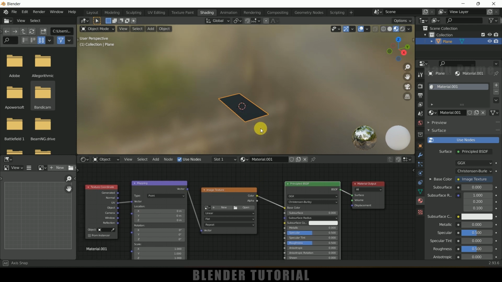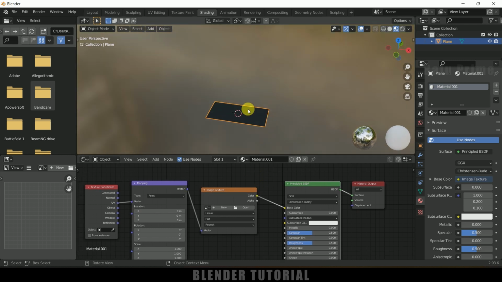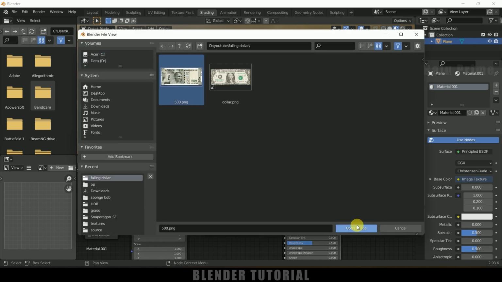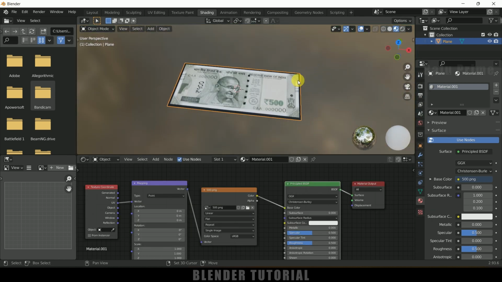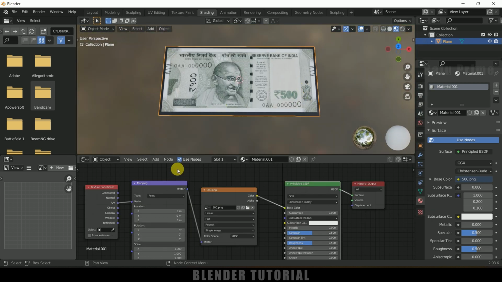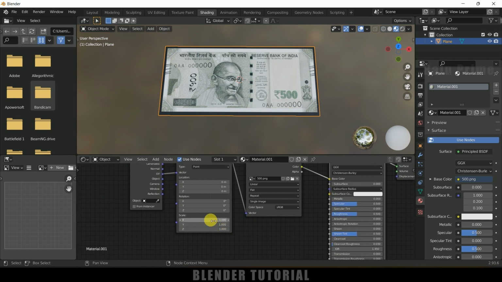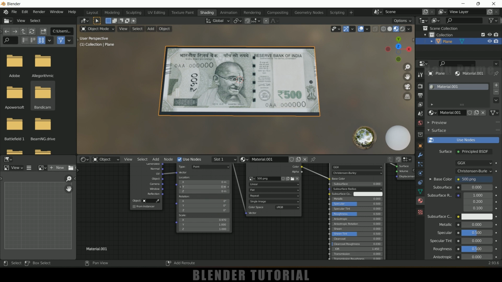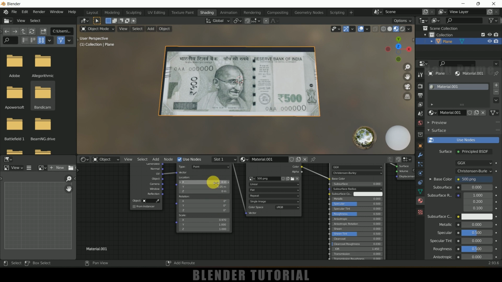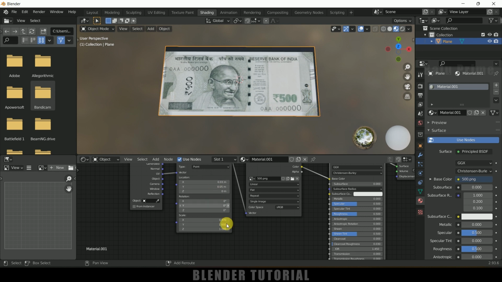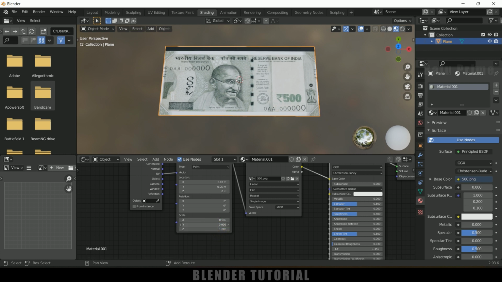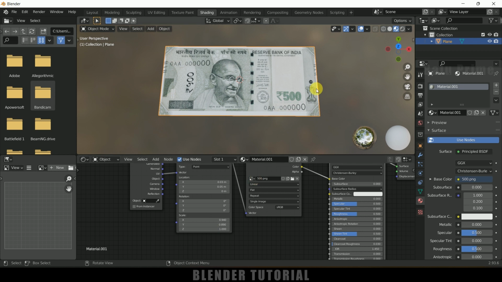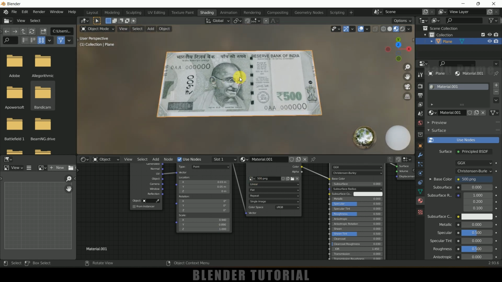So here I will be selecting an image so that I can place that onto this plane. So here you can see we got money here. So here I need to adjust the scaling. So here we'll get that option, hold shift key to get this nice control. So let me move this here and also let me move this here. Okay, so now increase the scaling this and increase the scaling here in this way. Okay, so we got this money.